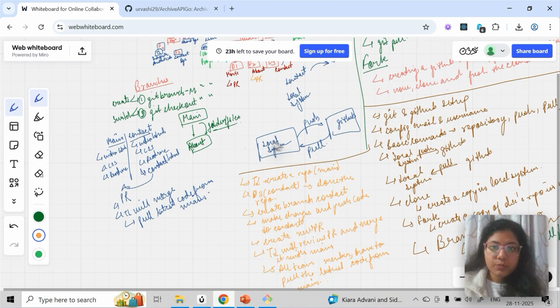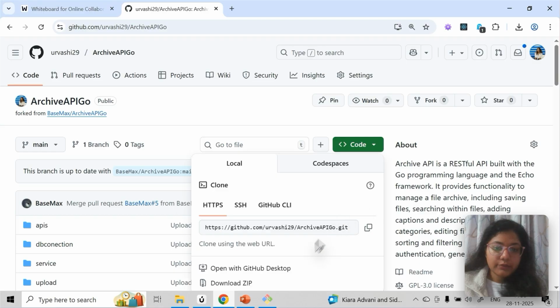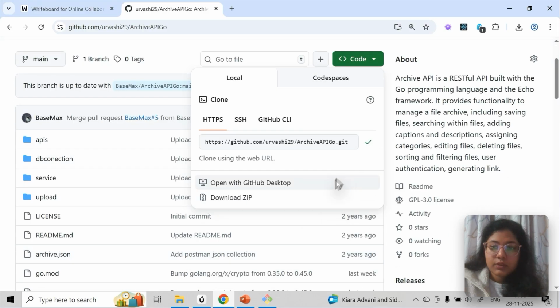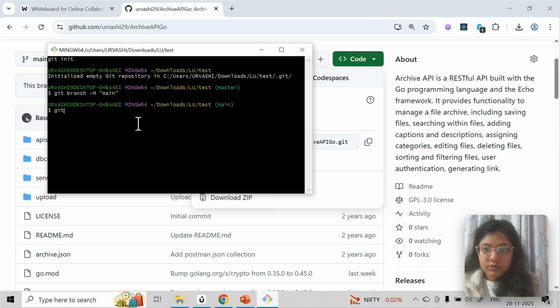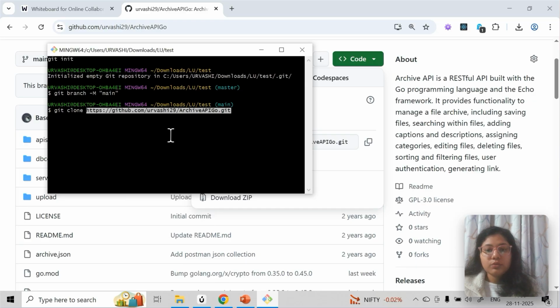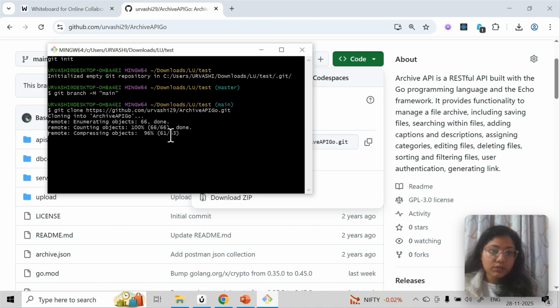I'm going to copy this link from here, and here I'm going to say git clone. Generally the source code is always going to be in main, so it's better you switch to it first. I'm going to paste this link and it will clone. This is how you will get the code in your system first.